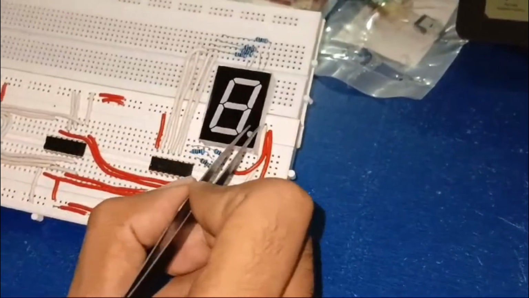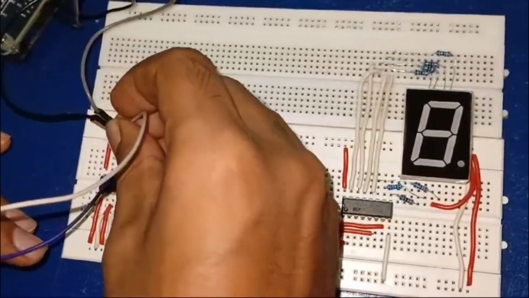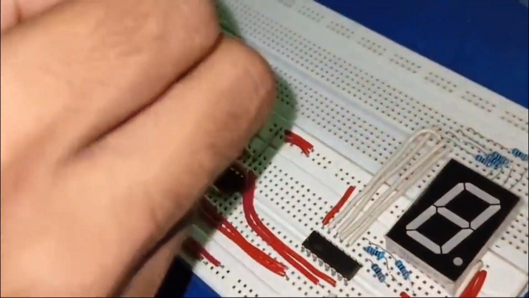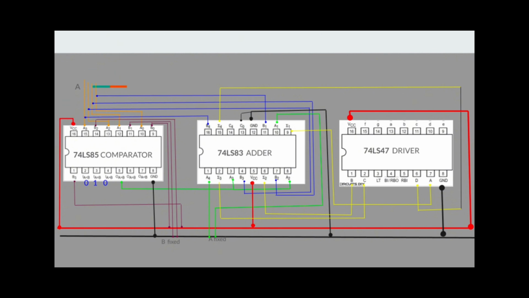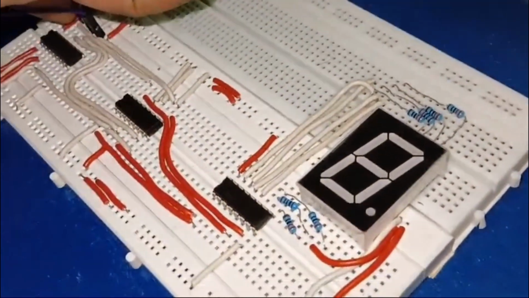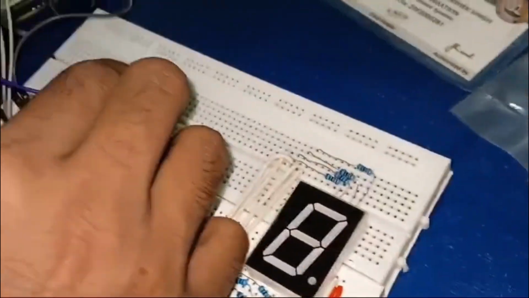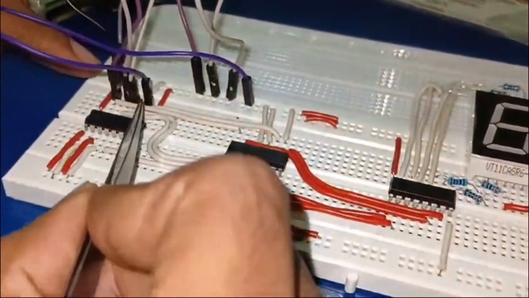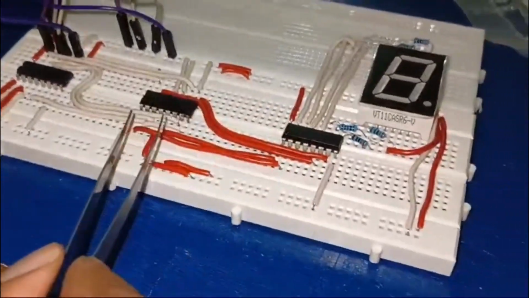Now let's come to the working part of that circuit. So let's provide the input to the comparator. How will you provide the input to the comparator? For it you have to connect A0, A1, A2 and A3 to the input. I mean this A section of the comparator part is treated as the input, so connect that part, A0 your LSB and A3 your MSB. If you want to provide 0, then you have to connect A0, A1, A2, A3 to 0, 0, 0, 0, so that it will display 0 on the display.